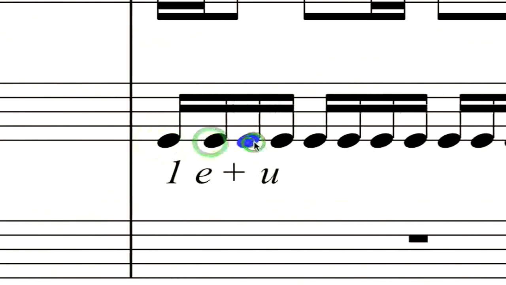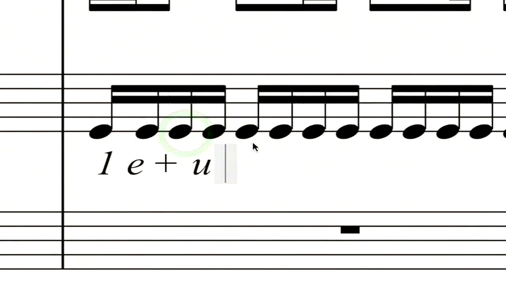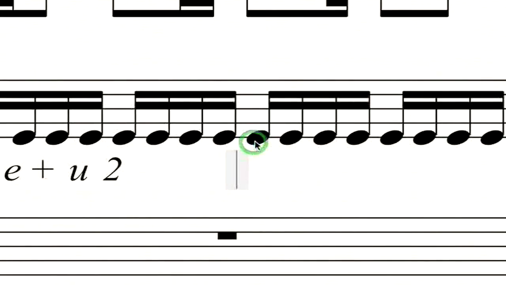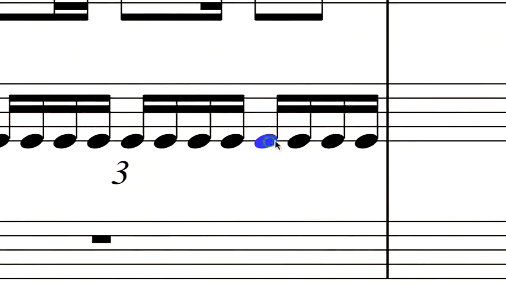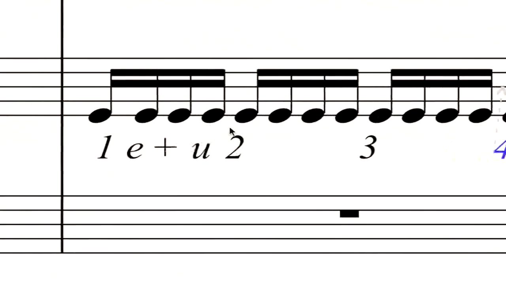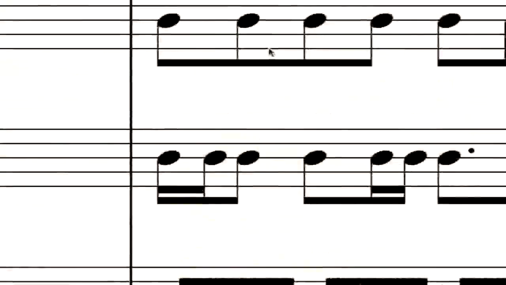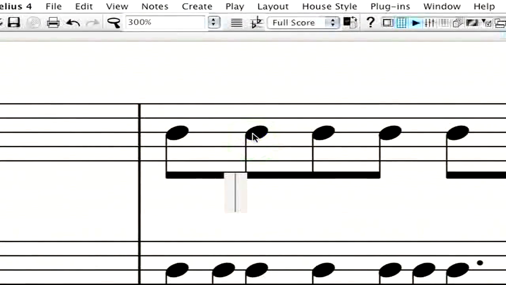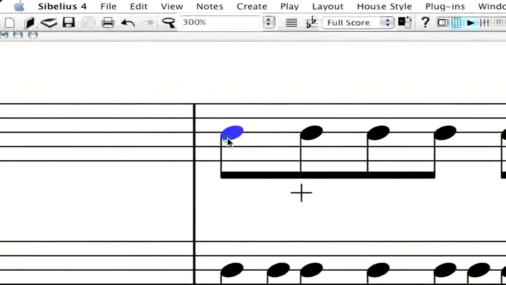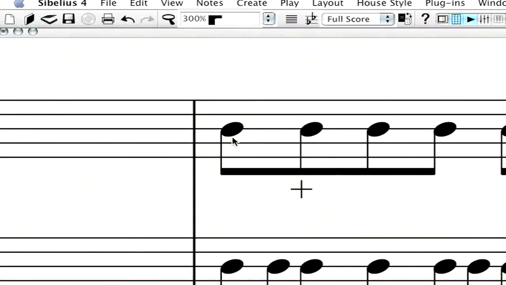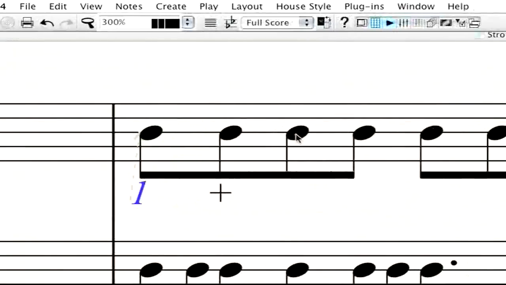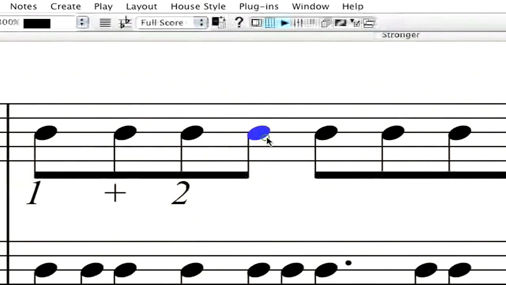So there's 1 E and 2, and then this note over here would be 2. This would be beat 3, and then this would be beat 4. Okay, so now the way that it works is that 2 E and, notice how this and is right here? That and is actually the and right here. Okay, so this is also 1 and 2 and